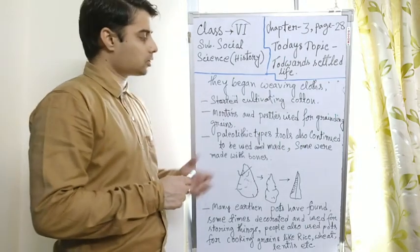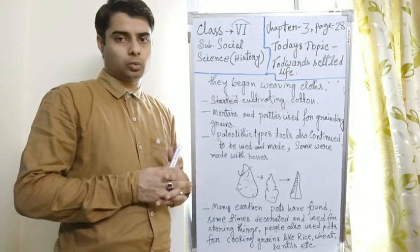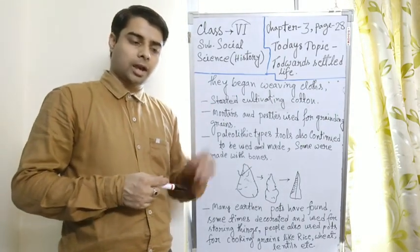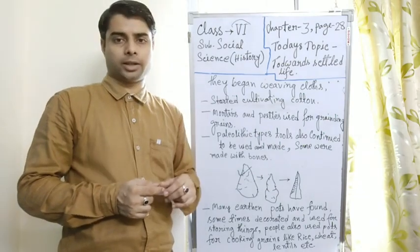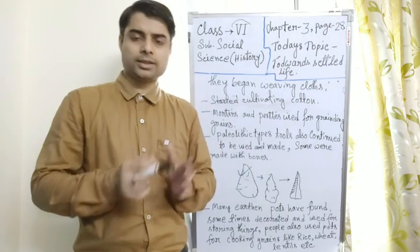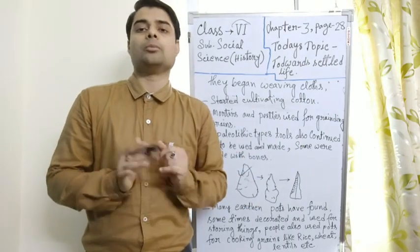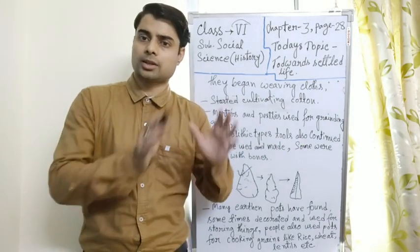But these changes were not associated with all places at once. In many places, men and women were still hunter-gatherers, and in some places they were still learning about farming and herding. In some places they did hunting and gathering and also farming and herding together, but divided the work in different seasons. Suppose in the time of winter they are not able to go outside, so they stored the